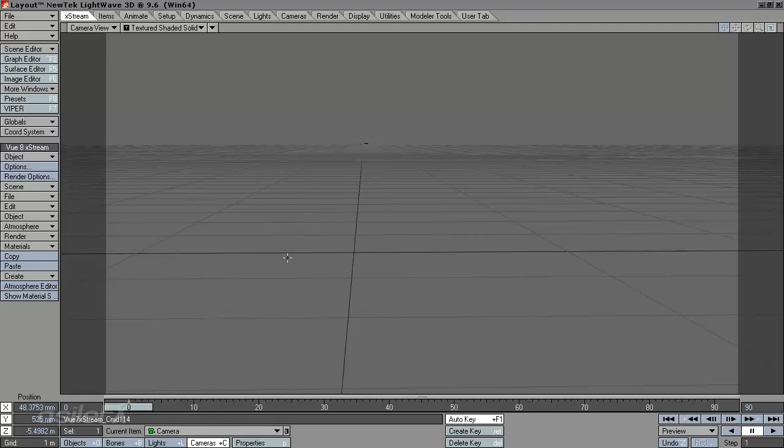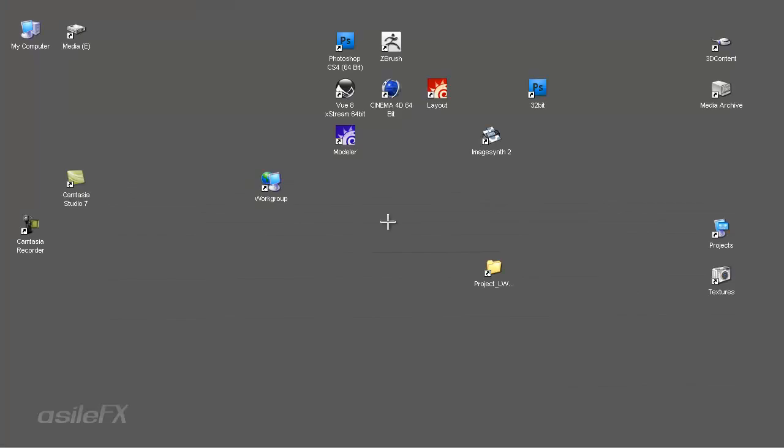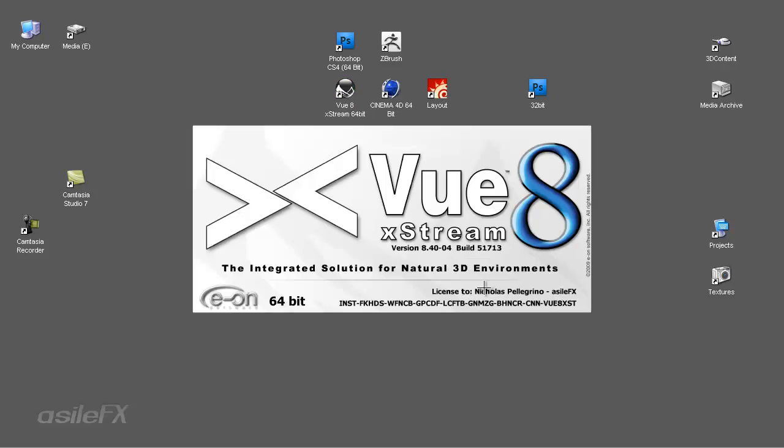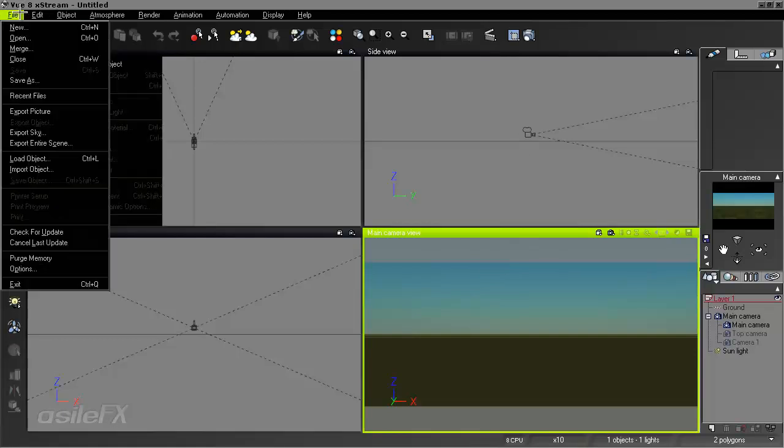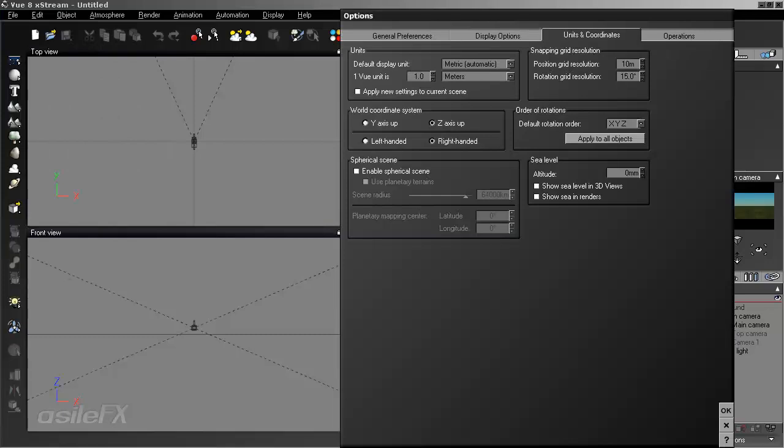And after loading in your menus and setting everything appropriately, assigning any keyboard shortcuts you might have, it's a very good idea to close the program out. Closing the program ensures that everything is saved, so in case LightWave crashes, you don't lose any customization. Now another really important thing to set up before launching xStream as the plugin within LightWave is to open up the standalone version and manage some settings. So going to File and Options,